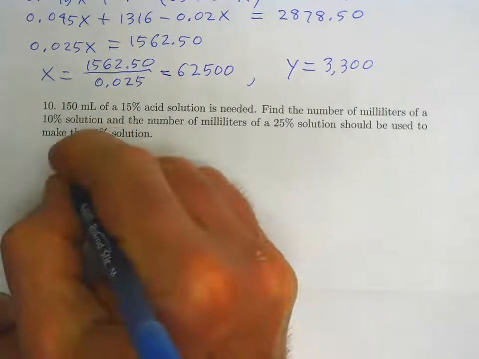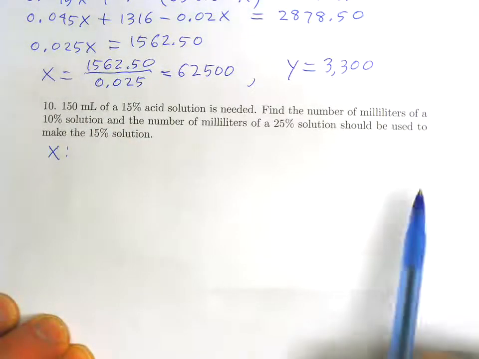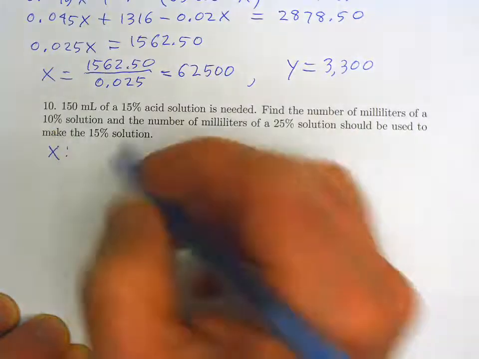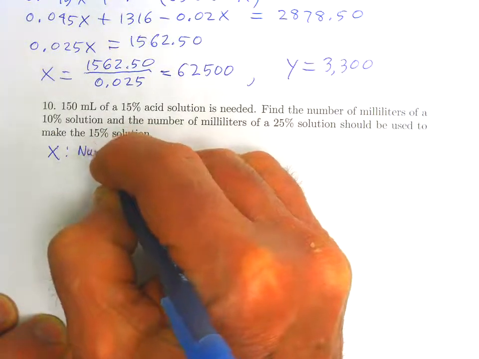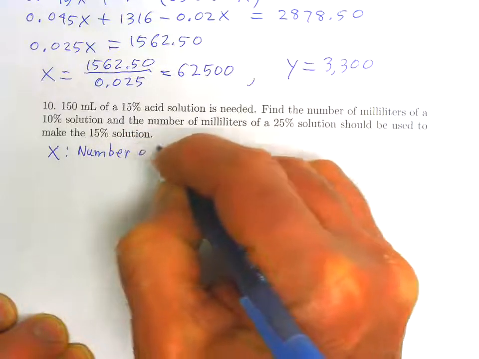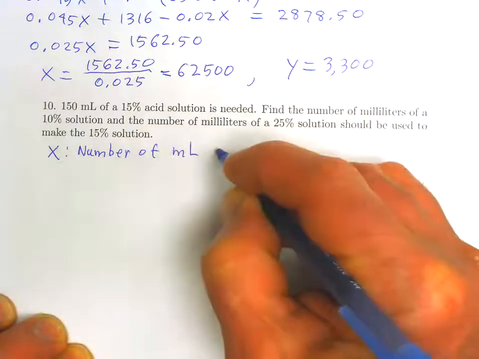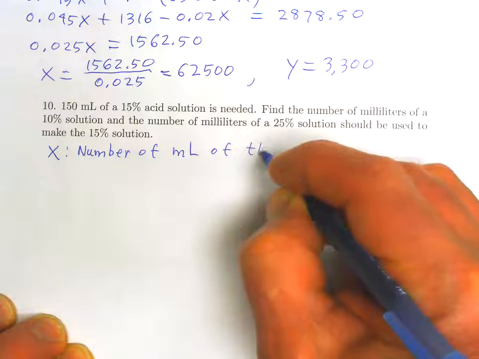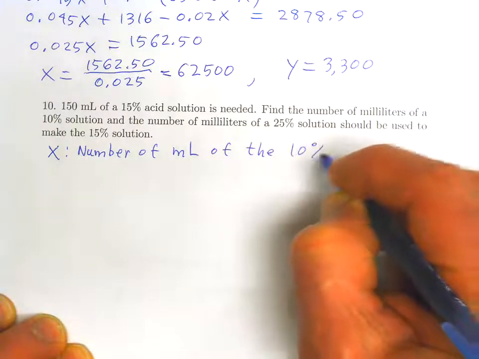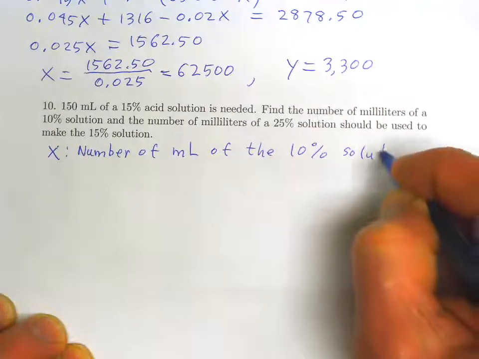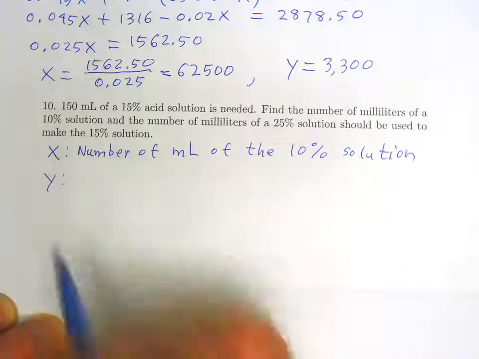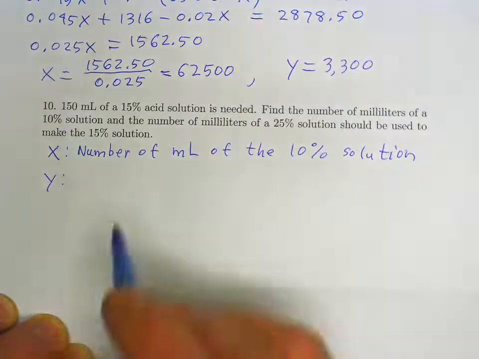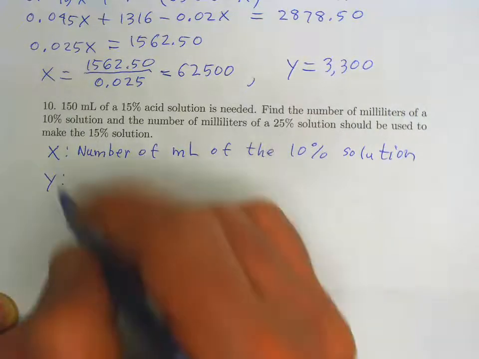Okay, so if we pick x to be the number of milliliters of the 10% solution, and then if we pick y to be the number of milliliters of the 25% solution,